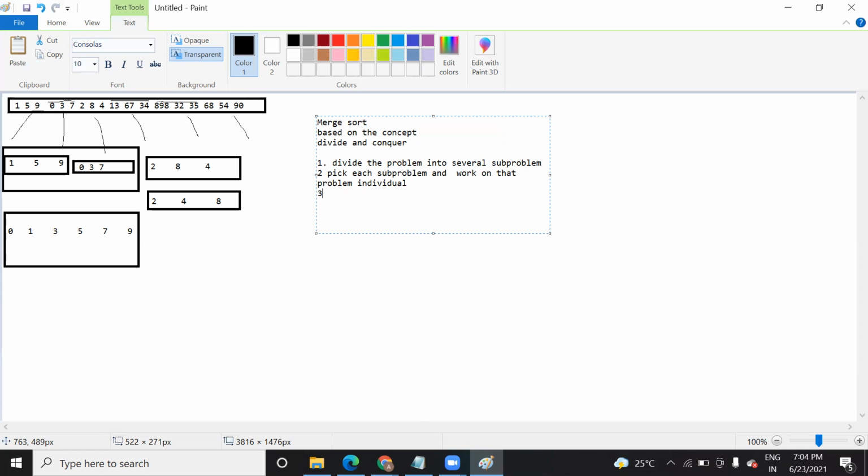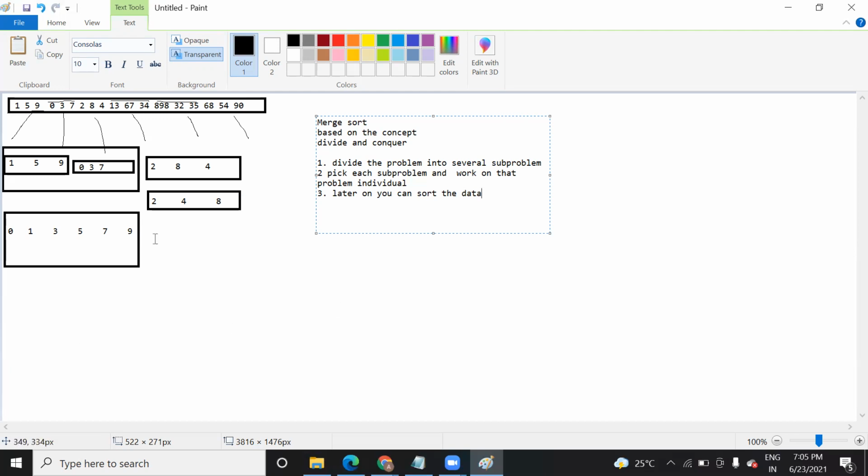Later on, you can combine those, and later on, you can sort the data. So this is the whole concept behind it.